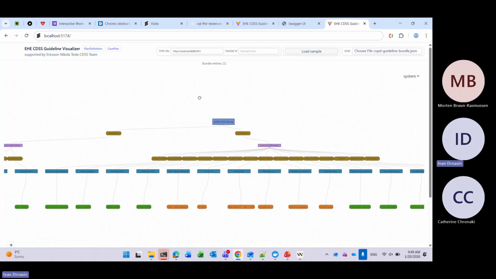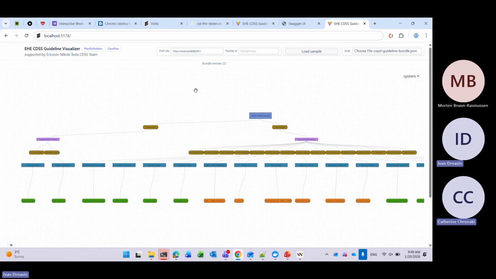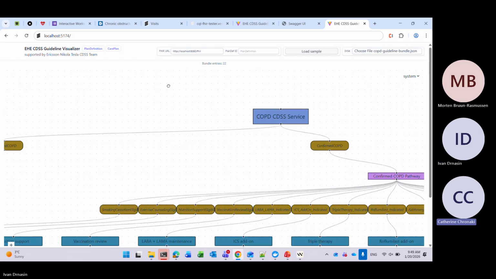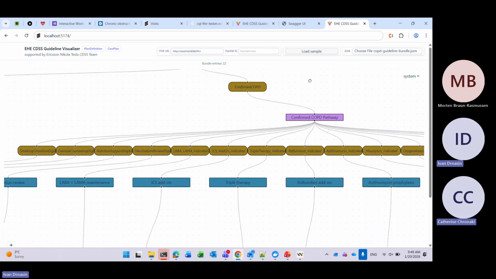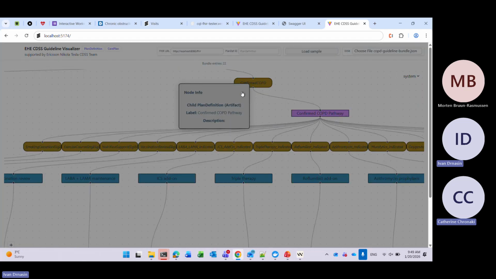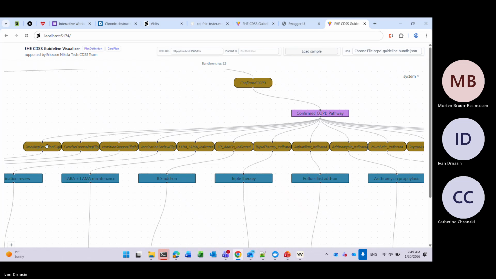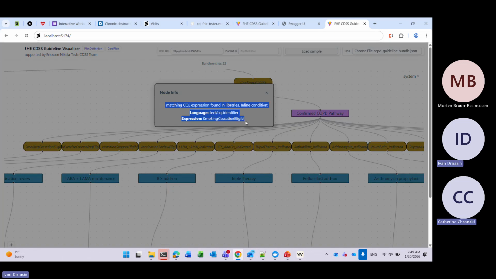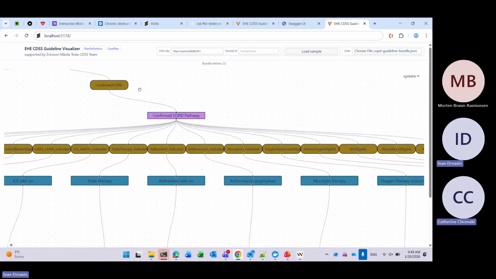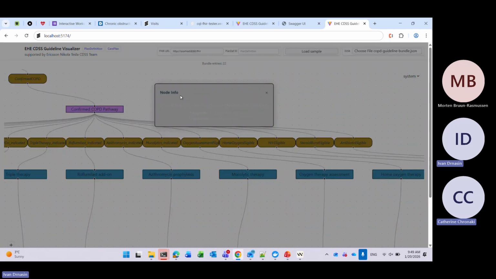Okay, now our structure is more complex. And let's return to this confirmed COPD pathway. Unfortunately, this version should also show the detailed CQL code, but for some reason it doesn't.